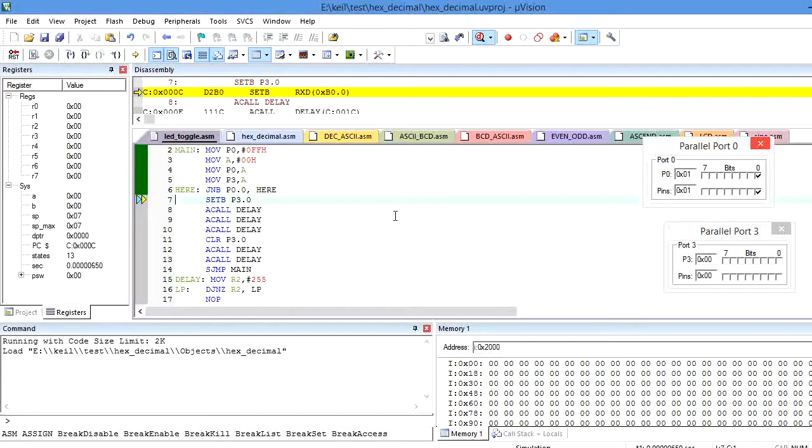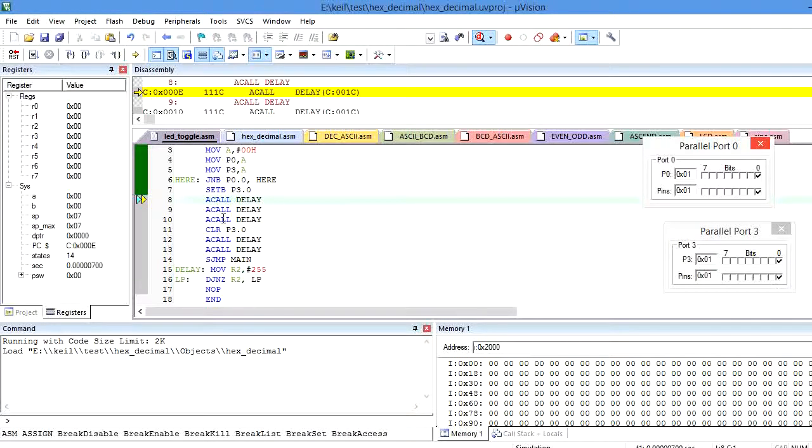See, now the condition it is fail. Now what I have to do, I need to turn on my LED by assigning one value to the pin 0 of port 3 by using the instruction called SETB P3.0 here. See, now my LED is turned on by making port 3.0 as a high here. So now my LED is turned on here.